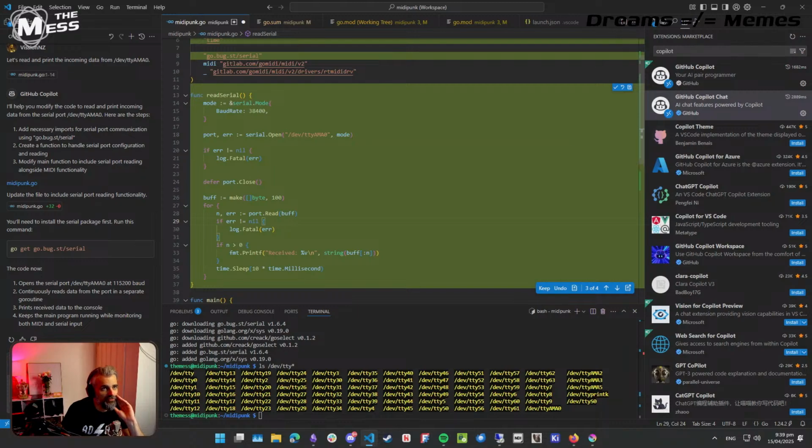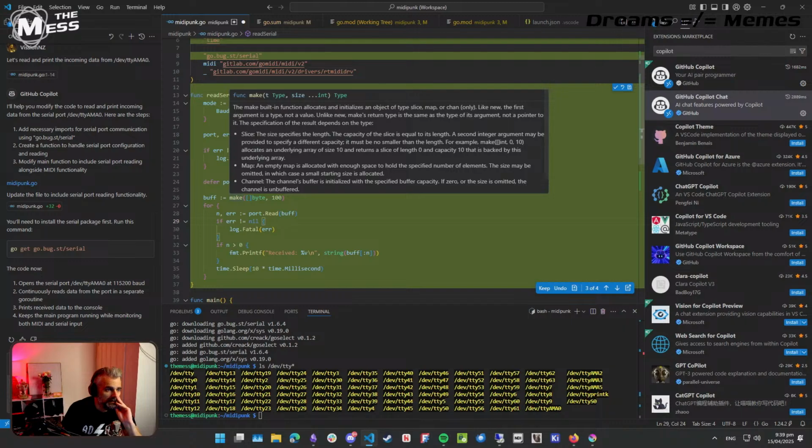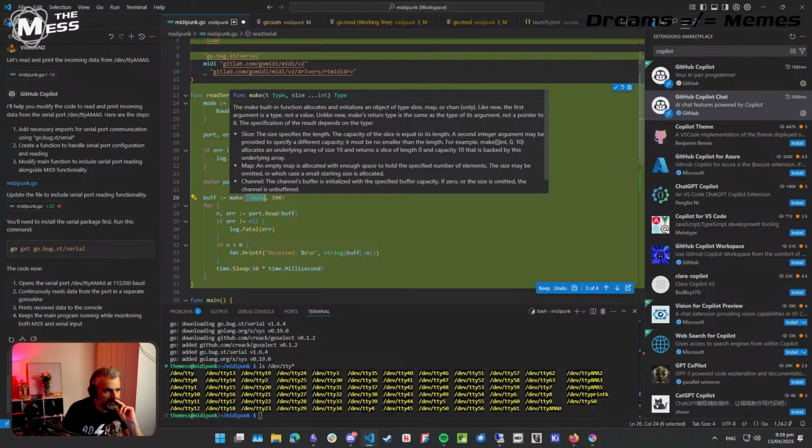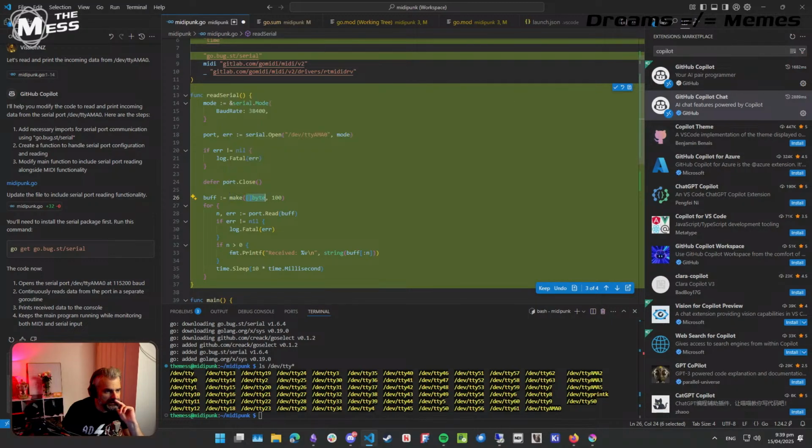So an array of bytes. So what we're doing is it allocates and initializes an object of type slice, map, or chan. Slice. Is this a slice? Is that what that is? And size int would be